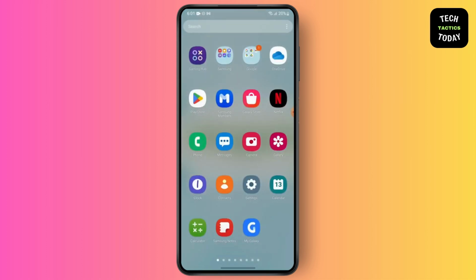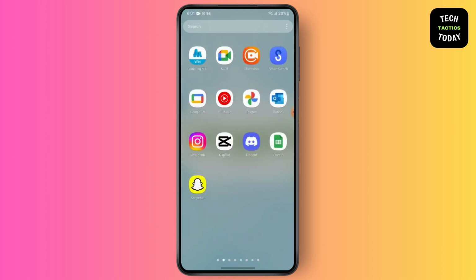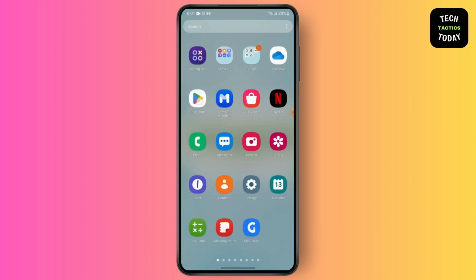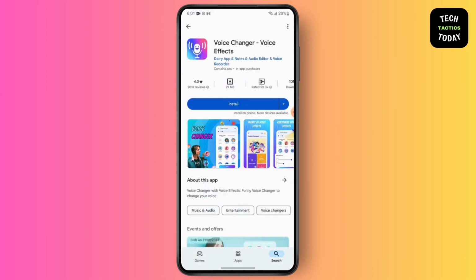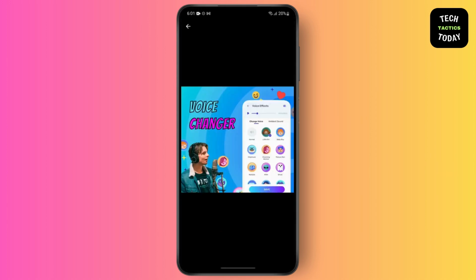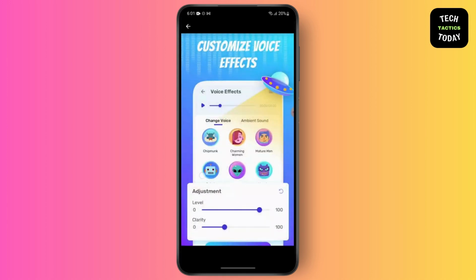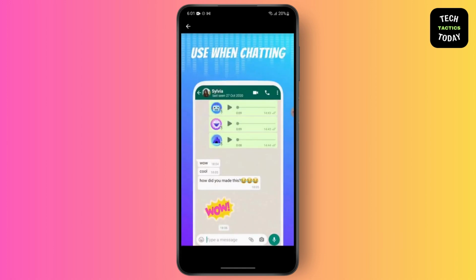So first thing you have to know is this feature is only available in Xiaomi phones directly, but if you still want to use it in other Android phones, what you have to do is simply head over to Play Store and search for voice changer. Simply download any of these applications. After that, you just have to use this mic